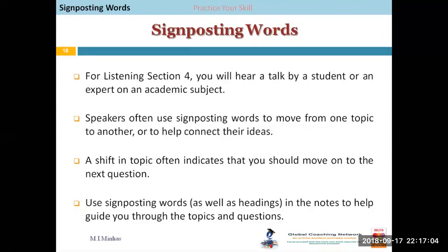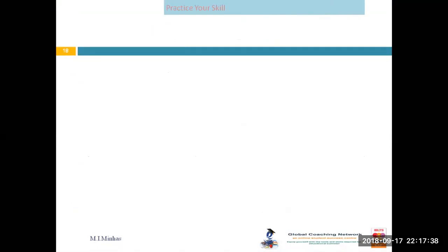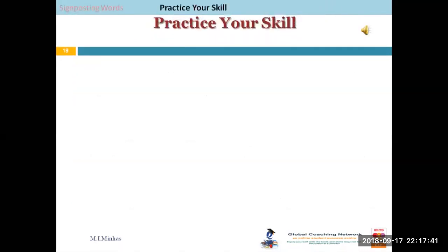Whenever a speaker will move from one topic to the other, he or she would use some signposting words. We have already seen a form of this type of words earlier, like when they say "now," it means they are going to start a new topic. Or if they say "after that," again, that means something next is being explained. "On the other hand," again, that means there's some new topic that is going to be used. Okay, so "now, again, like I've said, and so now," that means I'm moving to the next topic now.